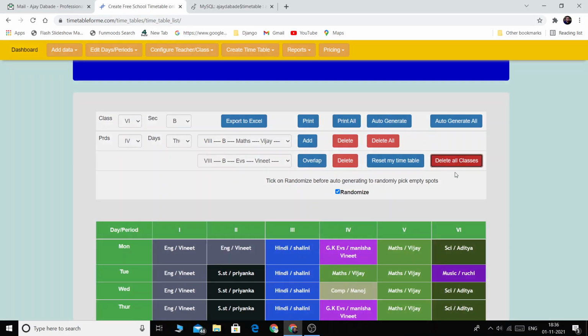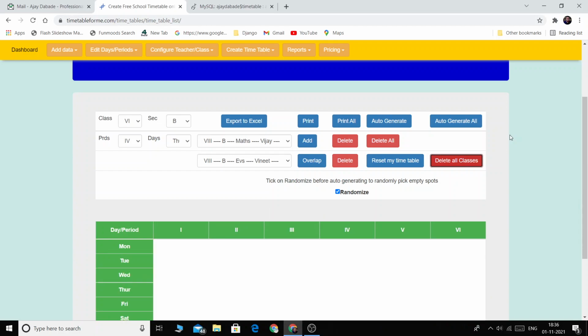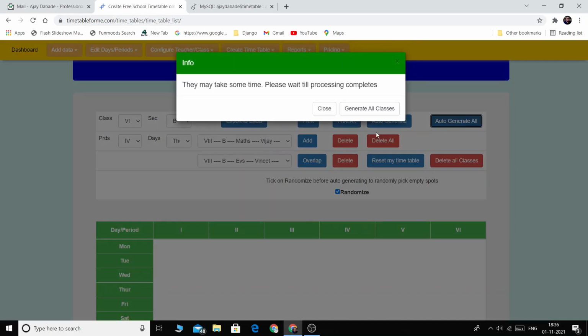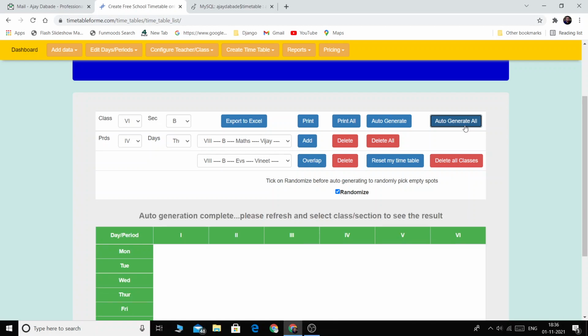And I will delete everything, and if you do not want to do it for every class auto generate, you can click on auto generate all. So auto generate all is going to do the entire timetable. This may take some time, the processing time, but ultimately it will do it. Now in certain cases,